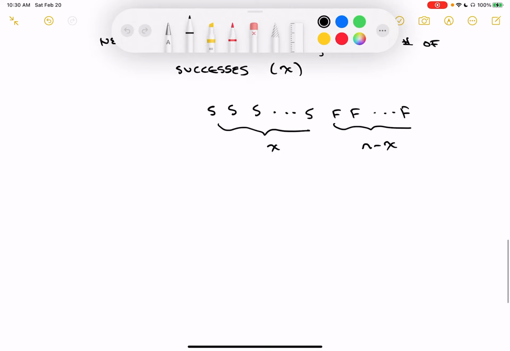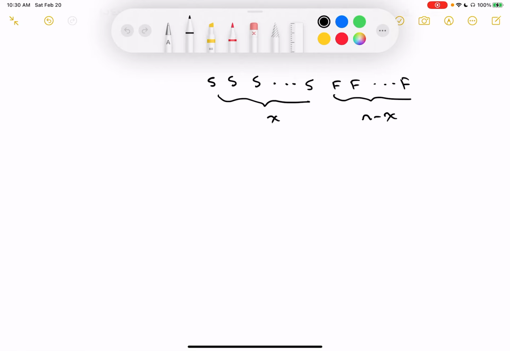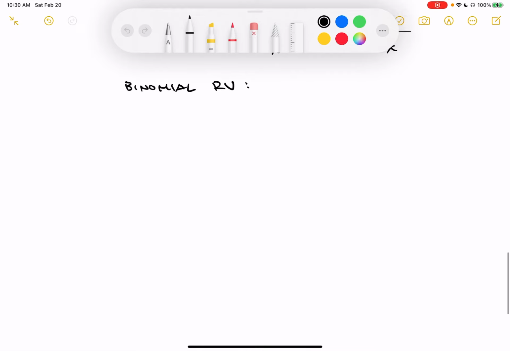So if I want to come up with the probability mass function in this particular case, I have to allow for all those different orderings, and it leads to what is called a binomial random variable. So this particular guy is called the binomial random variable. It's basically a count of the number of successes out of a fixed number of trials, that fixed number being n. And the probability mass function for this guy looks something like this. Px of x